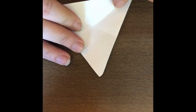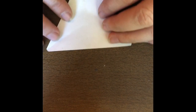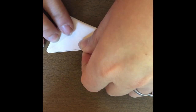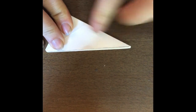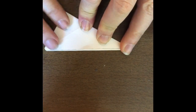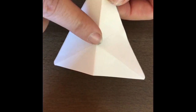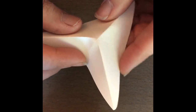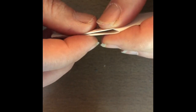Now watch, I need to bring this corner over to this corner, so I'm going to turn my triangle downward, and I'm going to just take that corner over, and hopefully I get a nice smooth line up here. And then when I open it up, you can see that I get that Y crease here. So I'm just going to start to get that point to go forward here, and then I'll go around